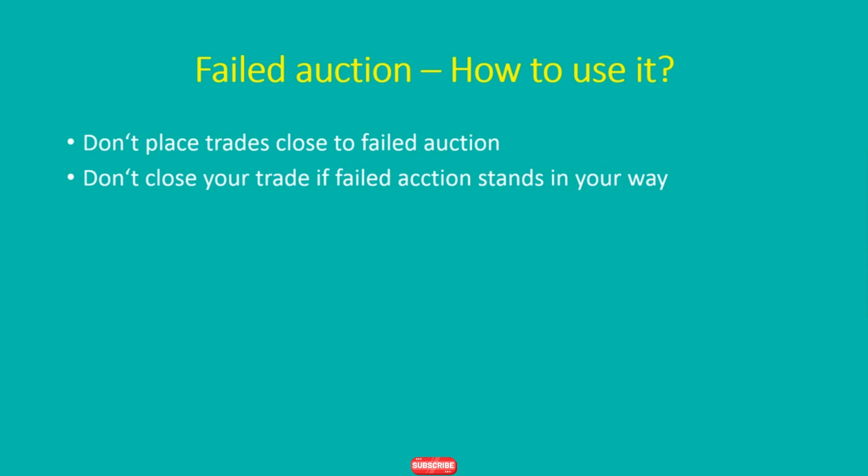So how to use the failed auction in your trading? Let's say that this is some price action. Now let's say that there are 2 candles